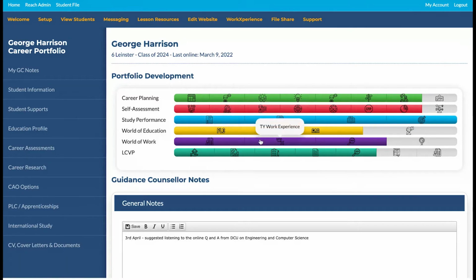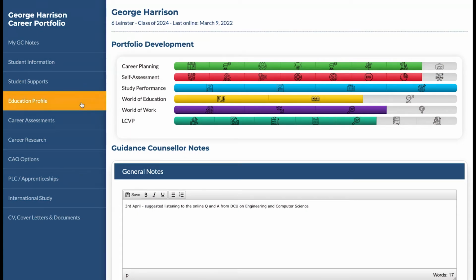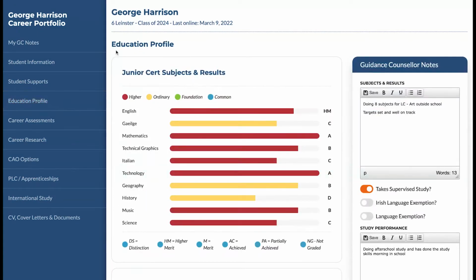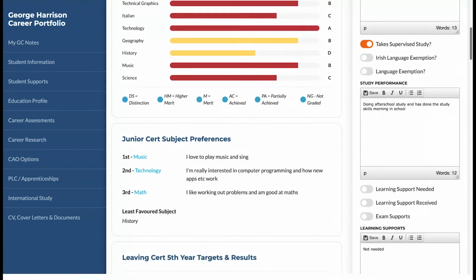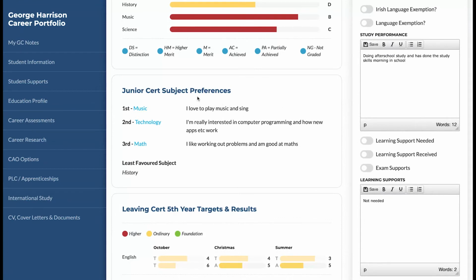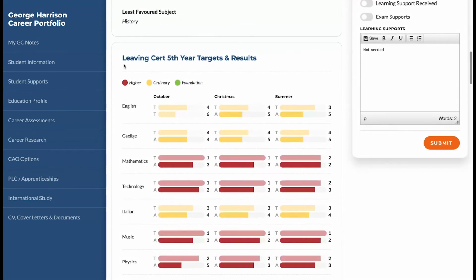First of all, it's great for me that I can mark the time and the date of the meeting, and then I just go through the education profile. When I go through it, we look together at their junior cert results, what they found good, and what they found difficult. And it then brings up the tracker, which is excellent, and we can see right in front of us